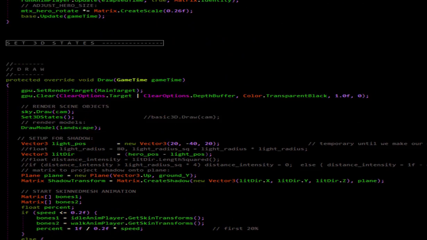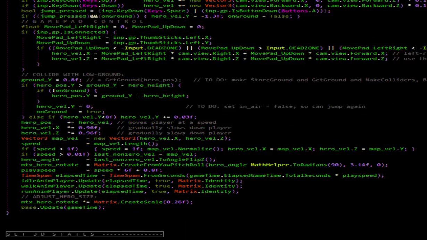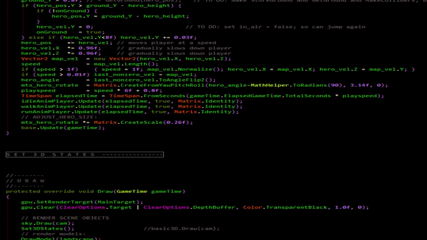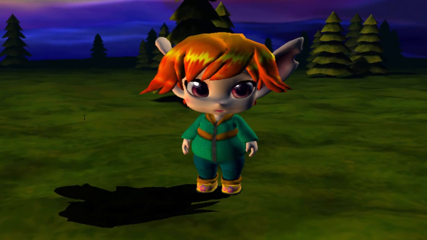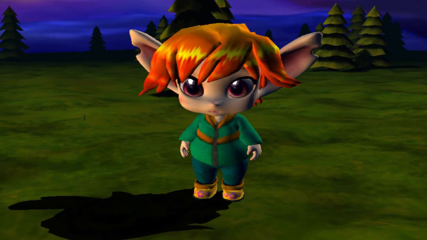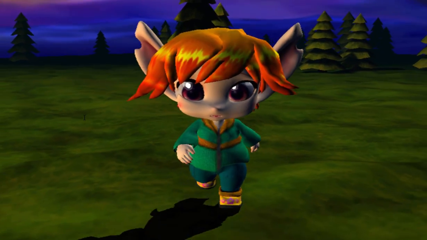I might have to actually adjust the character speed because this was actually made for a different character before, so the animation and character speed might not match up the walking and running. Oh, let's see if this works.